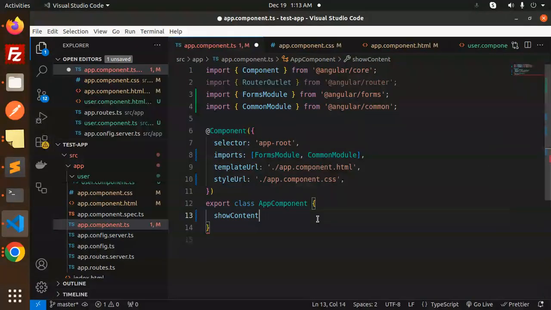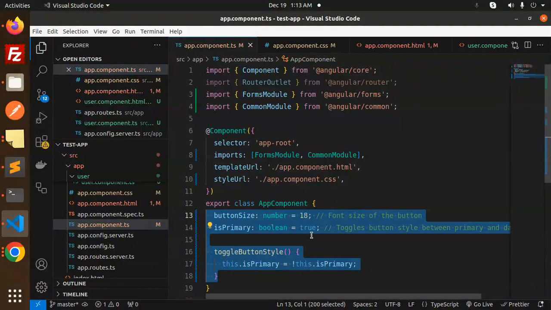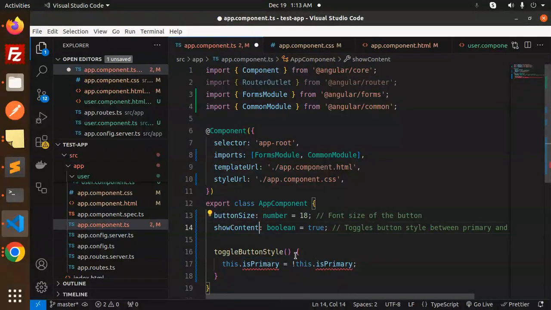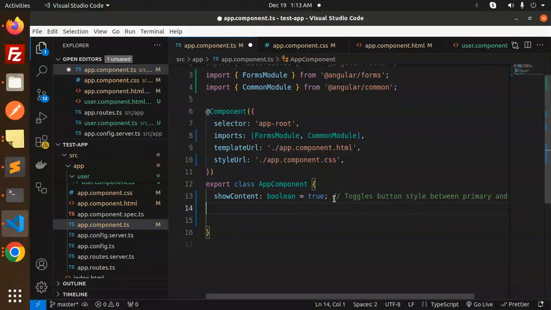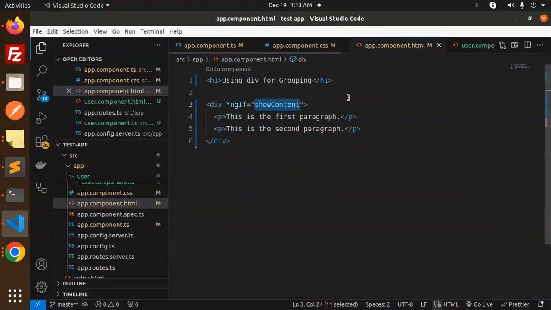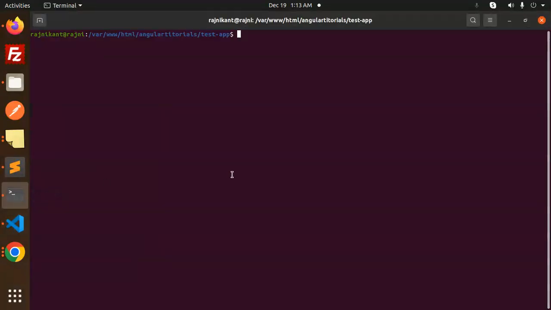Sorry, here we can just mention the show container, the rest we will remove. So if I go and run this project,